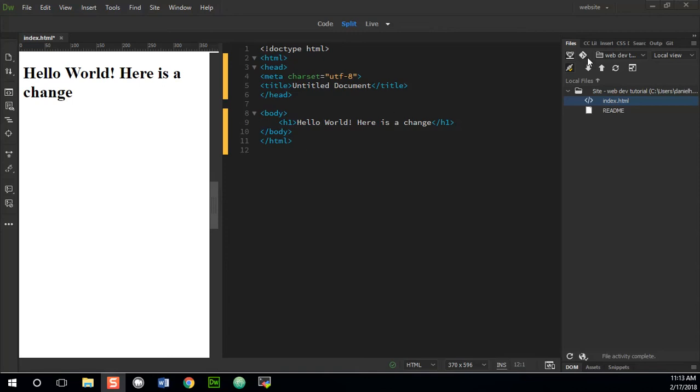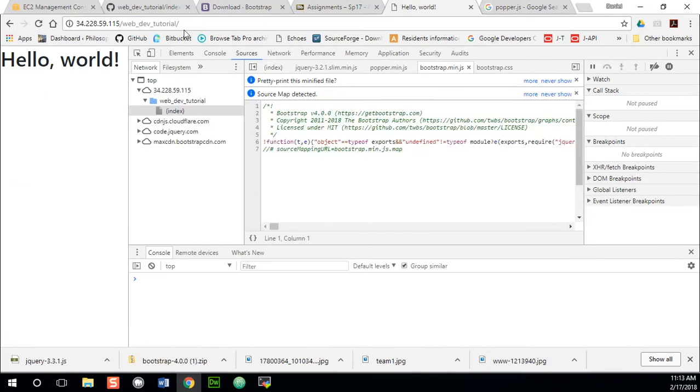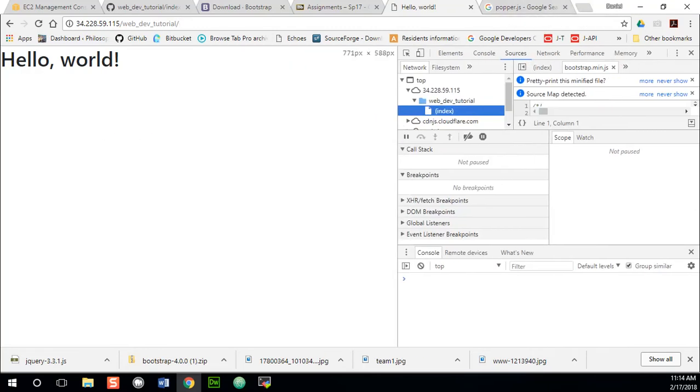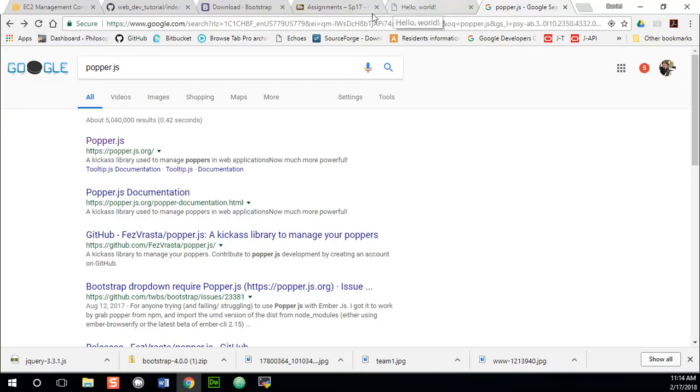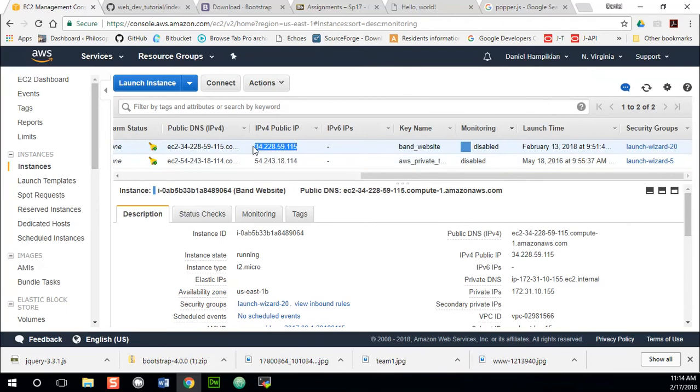Okay, so if you've been following my earlier tutorials, you should have a remote server, an EC2 instance, and this one is mine right here, and I've made a folder for the things we're going to be doing today called Web Dev Tutorial, and so that's the location of it. And right now we just have a hello world file there, and you should have a remote server. It's an EC2 instance that is hosted on AWS, and